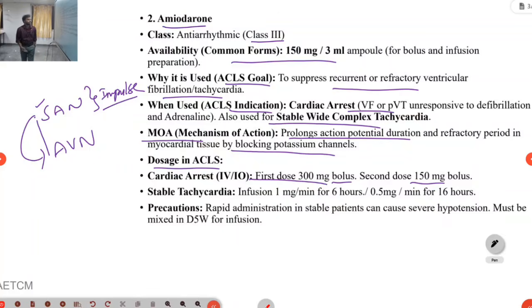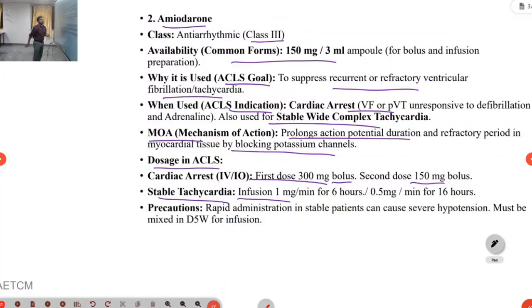We have discussed one more thing, that is stable tachycardias, whatever it may be, narrow complex or wide complex, whatever the tachycardia or tachyarrhythmia, if the patient is stable, we can try all the drugs like beta blockers, calcium channel blockers, or everything, but at the end this is the safer drug, we can go ahead with amiodarone, but dosage will vary here. In the case of cardiac arrest, it is 300 mg followed by 150 mg, but here it is first 150 mg over 10 minutes, followed by 1 mg per minute